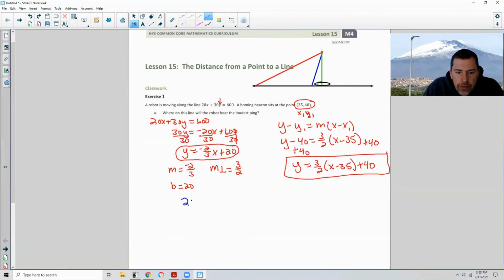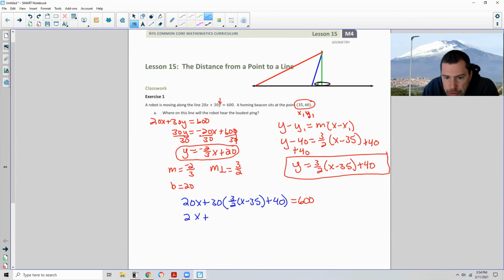Okay, so in order to do that, let me switch to blue. We would do 20x plus 30y, but my y is 3/2 quantity x minus 35 plus 40. So 20x plus 30y equals 600. So we want to solve this. When I do that, I'm going to get 20x plus, and if I distribute this 30,